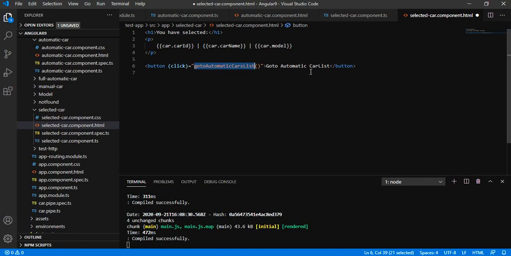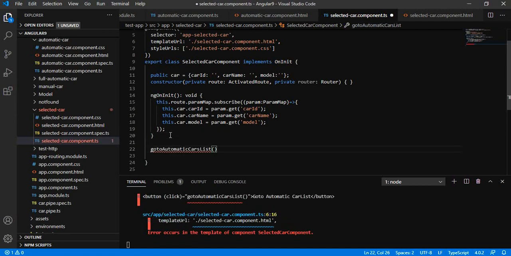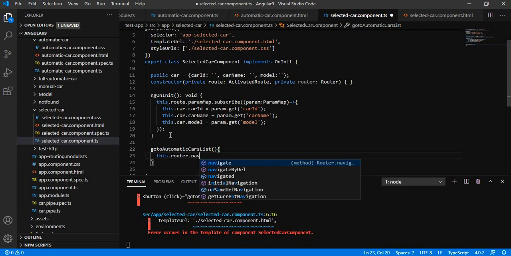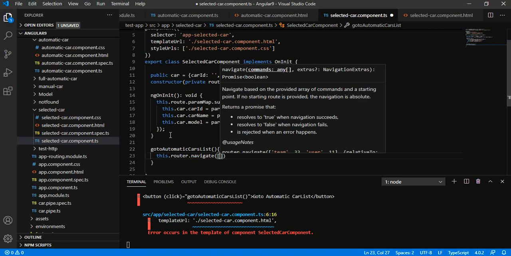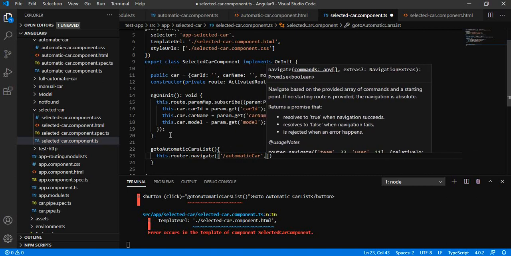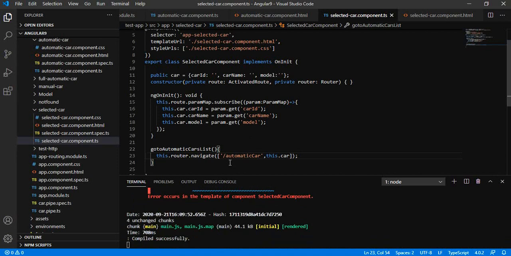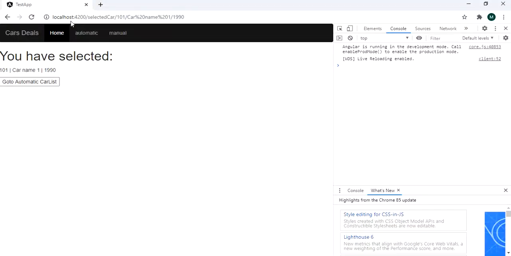Let us define this method in our TS file. So when I click on this link, I will go back to my car list view. Now let us see.